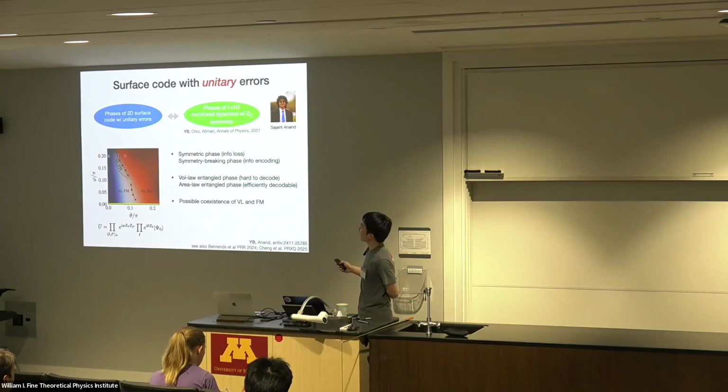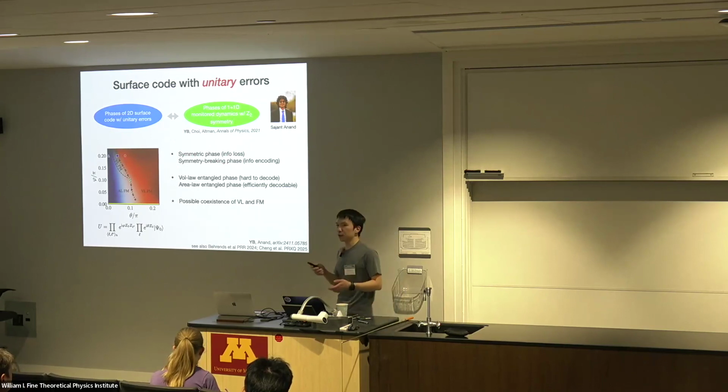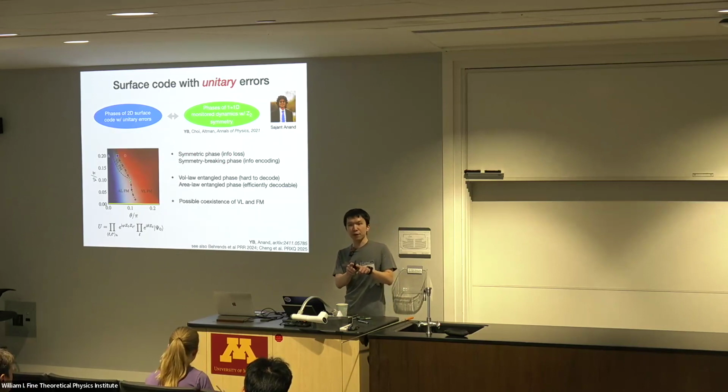They have been well understood, what is the dynamical phase transition in such kind of dynamics. Turns out you can relate the encoding phase and the information loss phase to the symmetric phase and symmetry breaking phase in this 1+1D dynamics. And furthermore, the dynamics also have another transition governed by the entanglement in